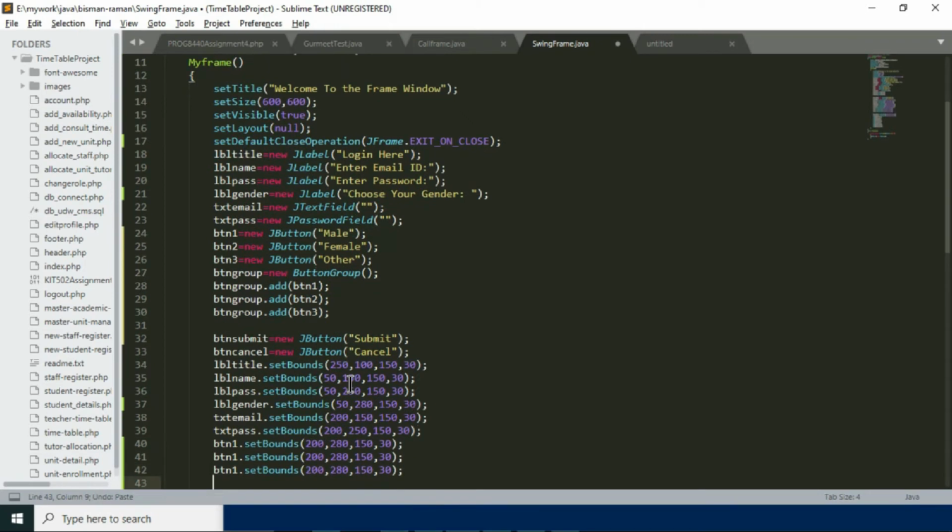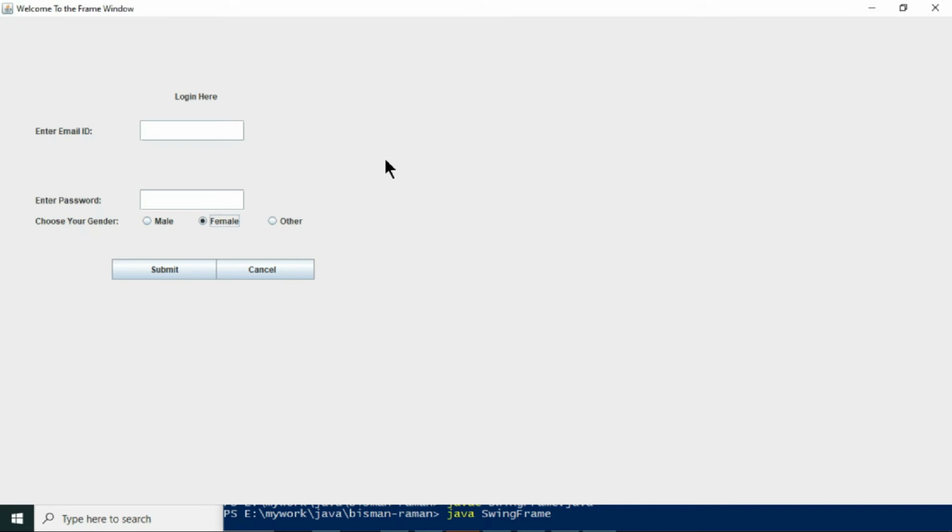I'll copy this code and place the other options as well.